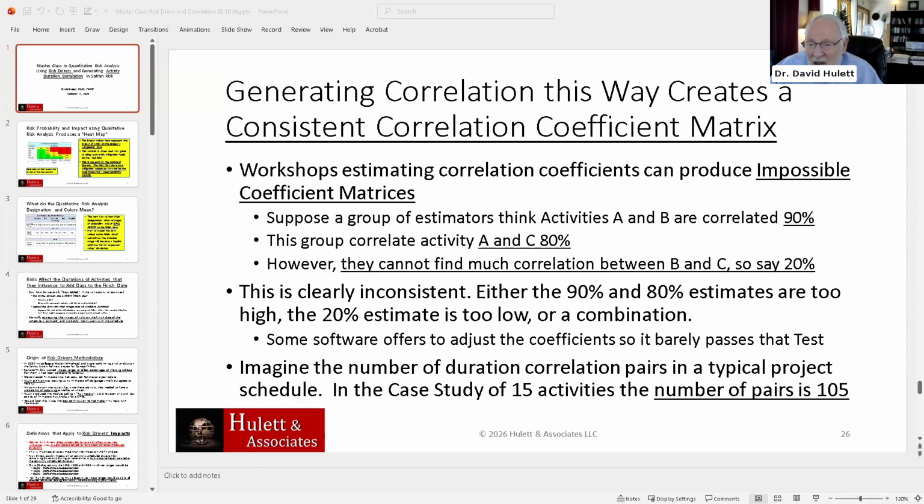So he took it down the hall to another office, which had a computer that had MATLAB in it. And about half an hour later, I mean, it took him a while, he came back and said, David, you're right. Those things are not consistent with each other because as a system, they can't be that much different. And on the other hand, the good news is I didn't have to change them very much to show a consistent correlation coefficient matrix. And what he did, it's apparently well known in mathematical circles, was to say, okay,